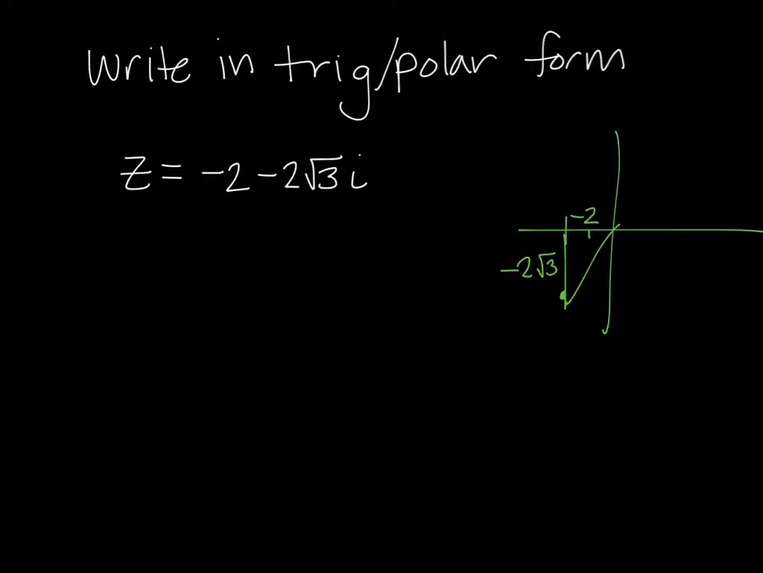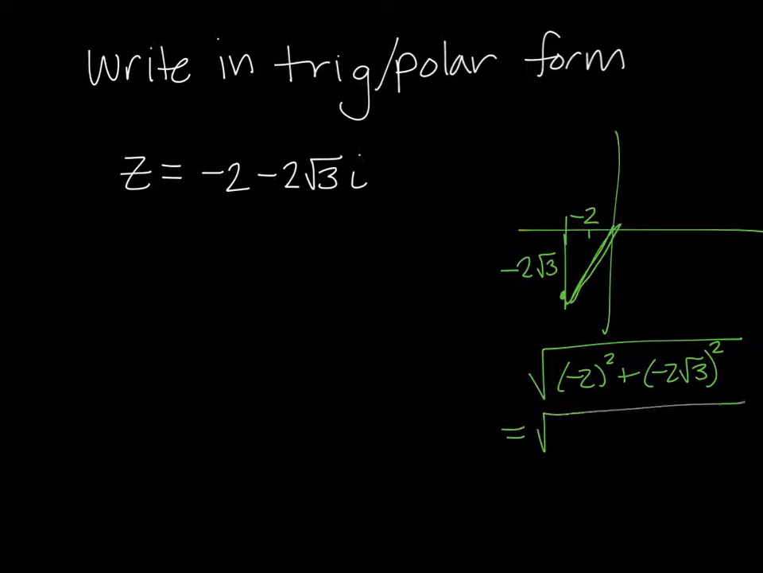So then I'm going to do the Pythagorean theorem to find the hypotenuse. So we've got (-2) squared plus (-2 root 3) squared. I'm going to square root that. Okay, so (-2) squared is 4 plus, if I look at this, it's being multiplied, so I can distribute the